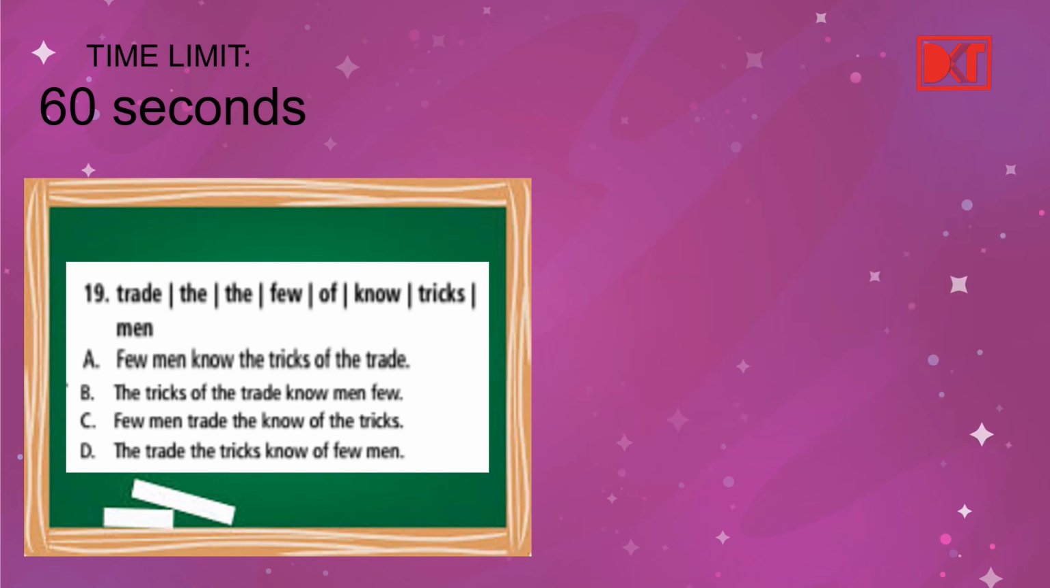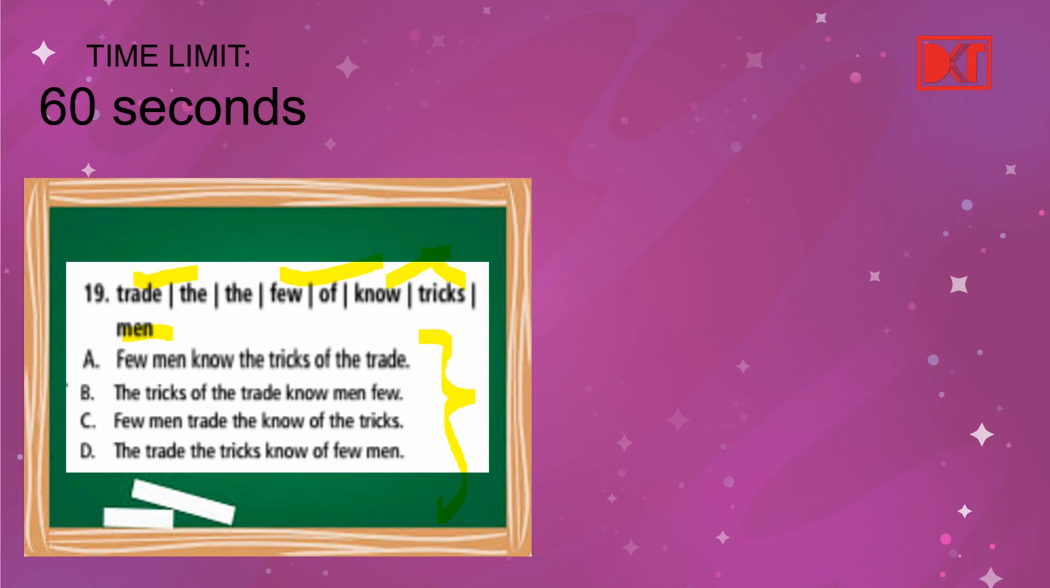Okay, here: trade the few of no tricks men. Now here we have so many nouns. The subject could be trade, it could be few, it could be tricks, it could be men. So when you are really unsure, you just read through the options quickly and then you will know which one